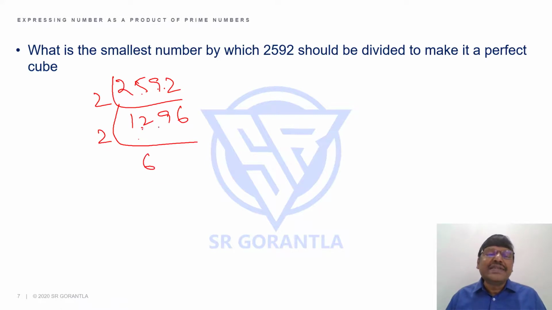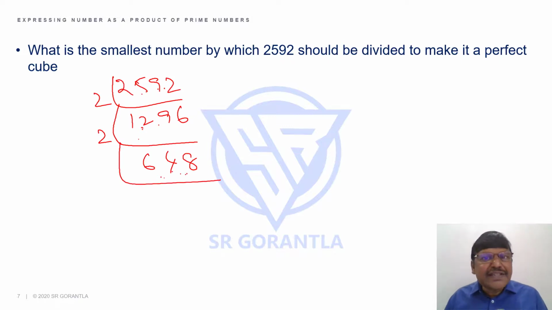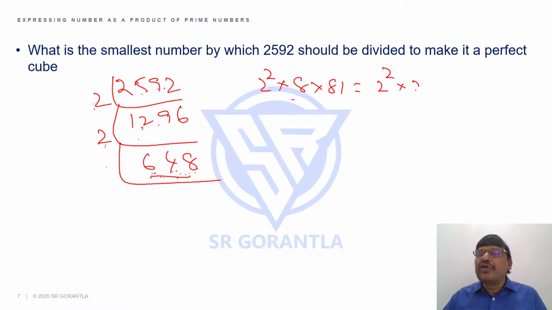If you look at 2 6, 2 4s, 2 8s, when I see 648, I can say 8 times 81. 8 is 2 cube. 81 is 3 power 4. 2 cube into 2 square will become 2 power 5. Yes or no? Yes. So what is 648? I am writing: 8 8s, 8 1s, 8 times 81. 2 square into, what is 8? 2 cube. What is 81? 3 power 4. So it will be 2 power 5 into 3 power 4.